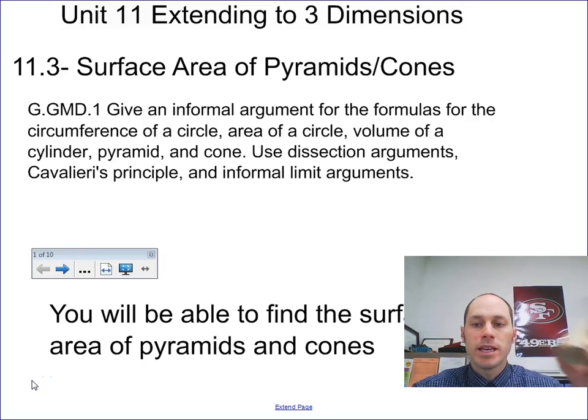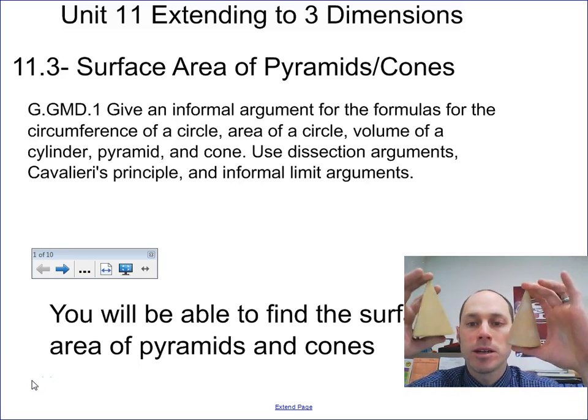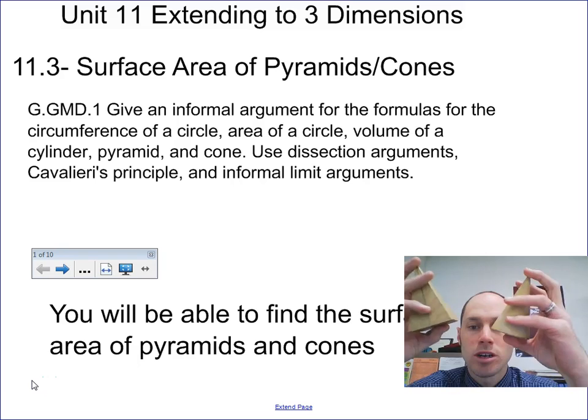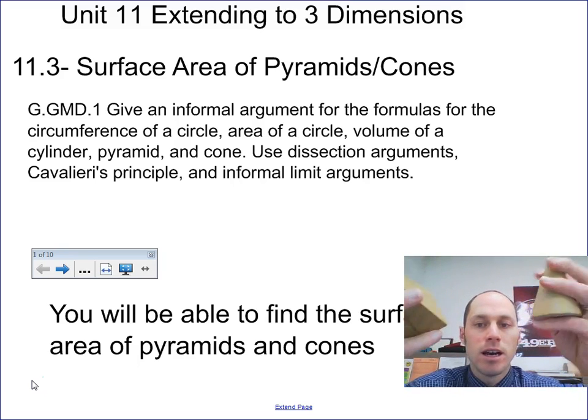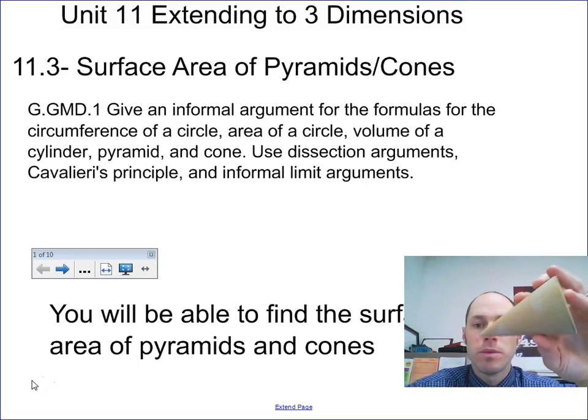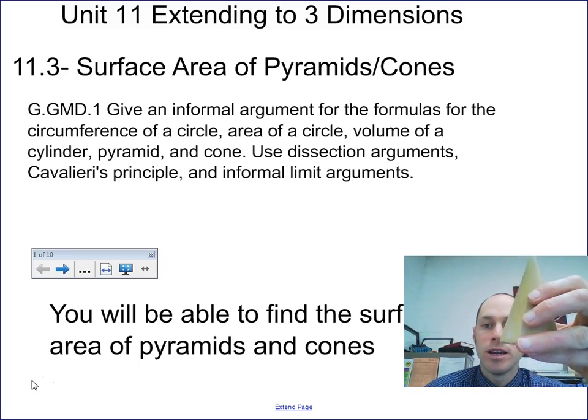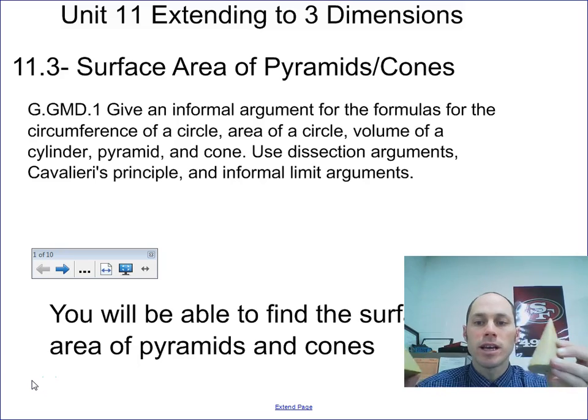Today we're going to talk about these guys, the pyramid and the cone. We're going to continue talking about surface area, so we have to think in terms of the faces. What are the faces on these shapes? One is a polyhedron, the other not so much, but we can still calculate surface area as we think of